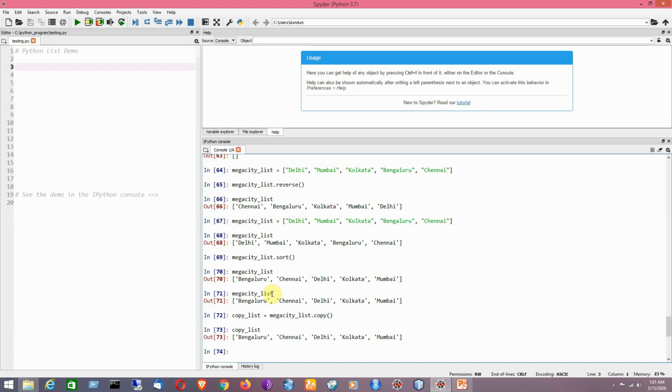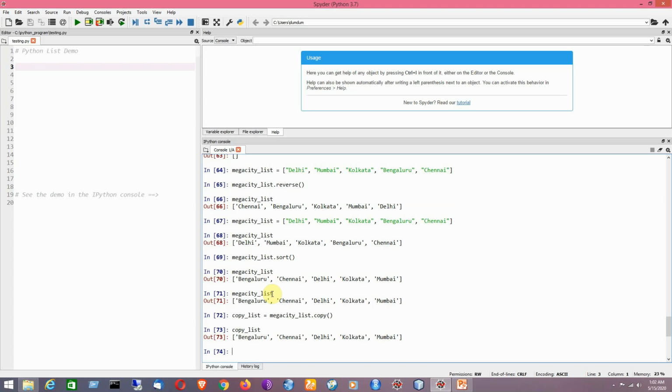So I hope that you have understood the different kinds of operations that can be applied on a list. After creating a list, you can have different types of list: homogeneous elements, heterogeneous elements, or a nested list, that is a list within a list. You can also create a list by using the list constructor, and I have given you examples of addition, that means at the end or at any position, and removal by using the remove function or the pop.